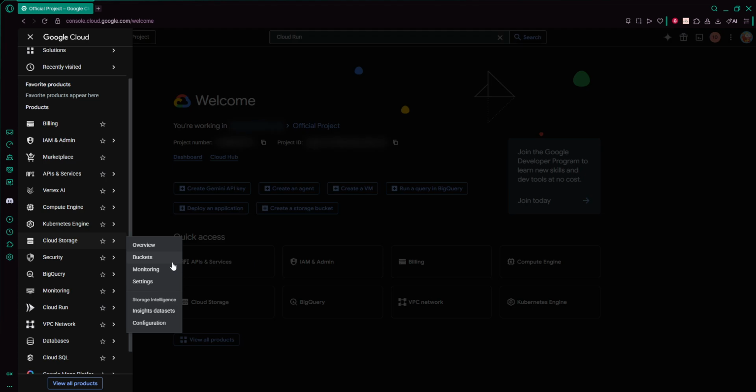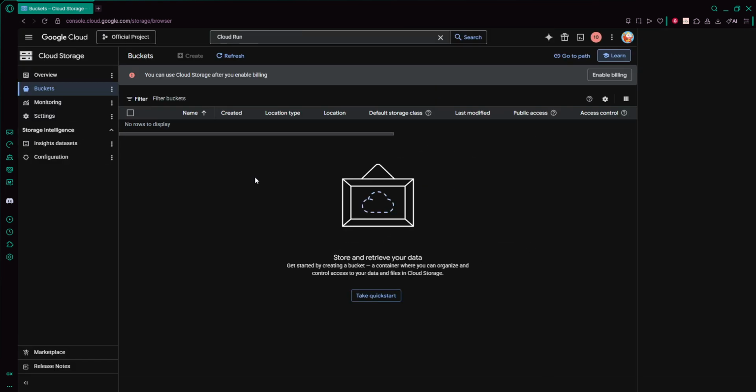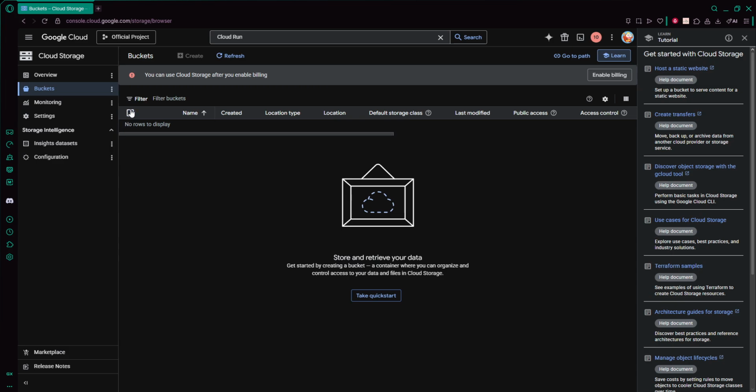Now it's time to select the bucket you want to work with. A bucket is a fundamental component of Google Cloud Storage where your data is stored. In the Cloud Storage dashboard, you should see a list of your existing buckets. Choose the one that you want to import data into. If you don't already have a bucket set up, you can easily create one by clicking the Create Bucket button